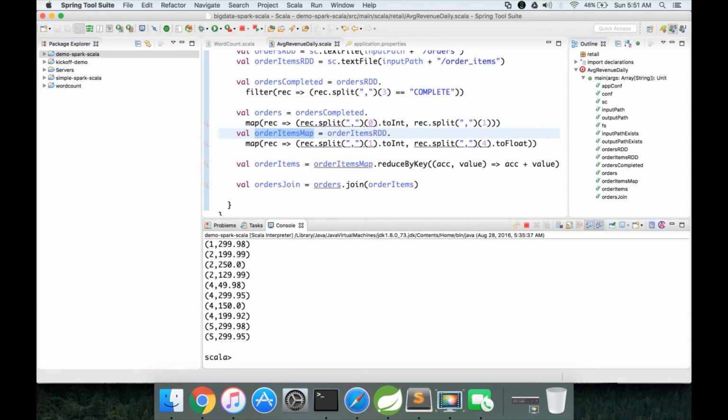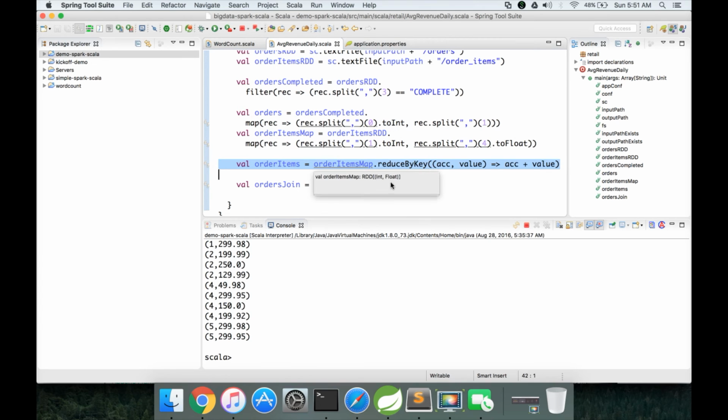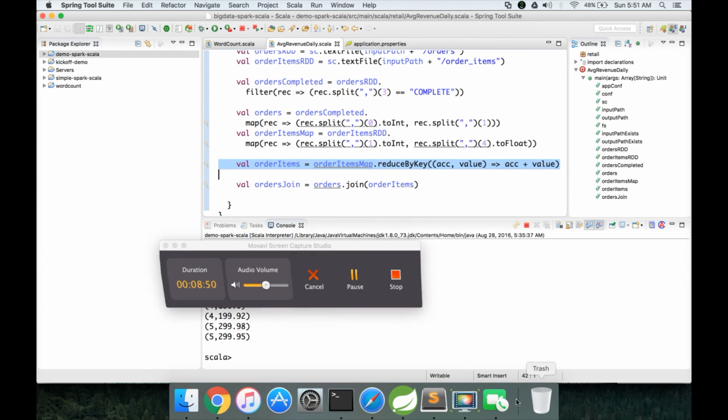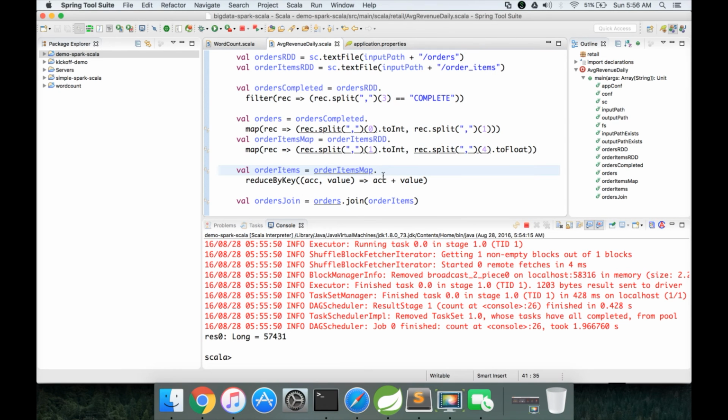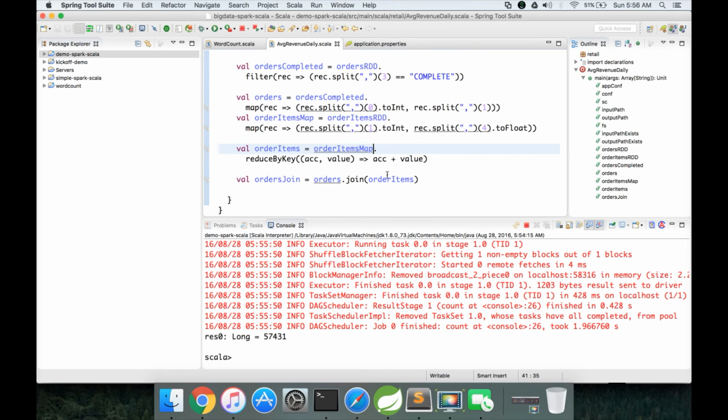Yes, order items map is working, but this code snippet is not working for some reason. I think it has gone into out of memory issues. I just terminated it and restarted it and it's working.